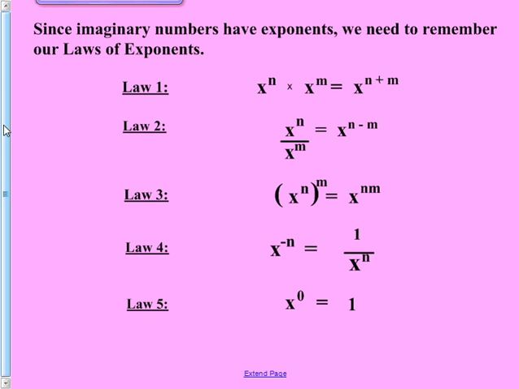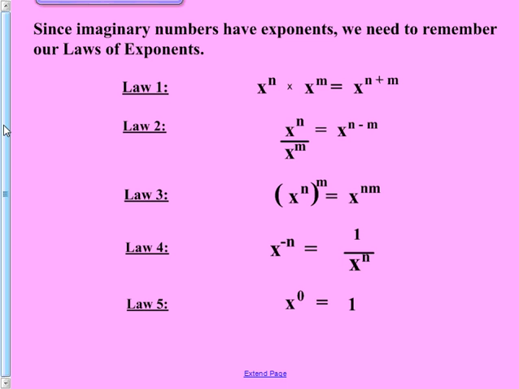Okay, you can copy them down real quick. I will read them aloud and interpret them for you. Law 1 deals with the situation where you have 2 bases that are the same. In this case, x times x. Law 1 says if you have the same base being multiplied together, then you